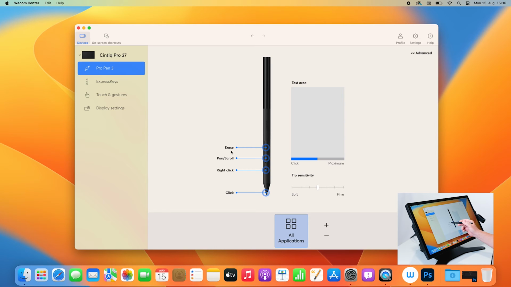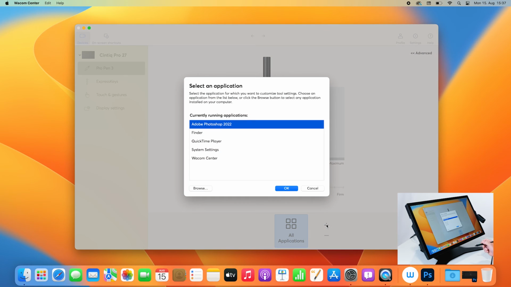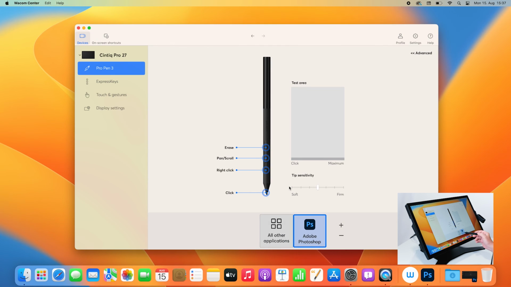and I want to assign a specific shortcut for Photoshop, I have to add Photoshop to my application list. Primarily, every change I do here is valid for all applications in my system, no matter if it's Photoshop or the File Explorer or whatever application. First of all, let me add Photoshop to this list by clicking on the plus key. Now the window is prompting you to select an application, and it checks all the currently running applications. So I have Photoshop 2022 already running in the background, so I can easily pick it here, and now I click on OK. And now you see that the icon of Adobe Photoshop is added to the application list,